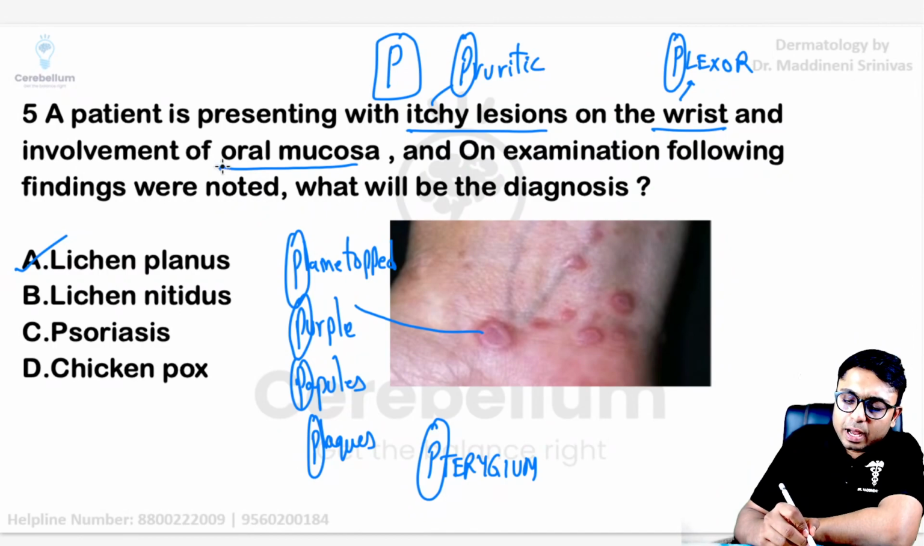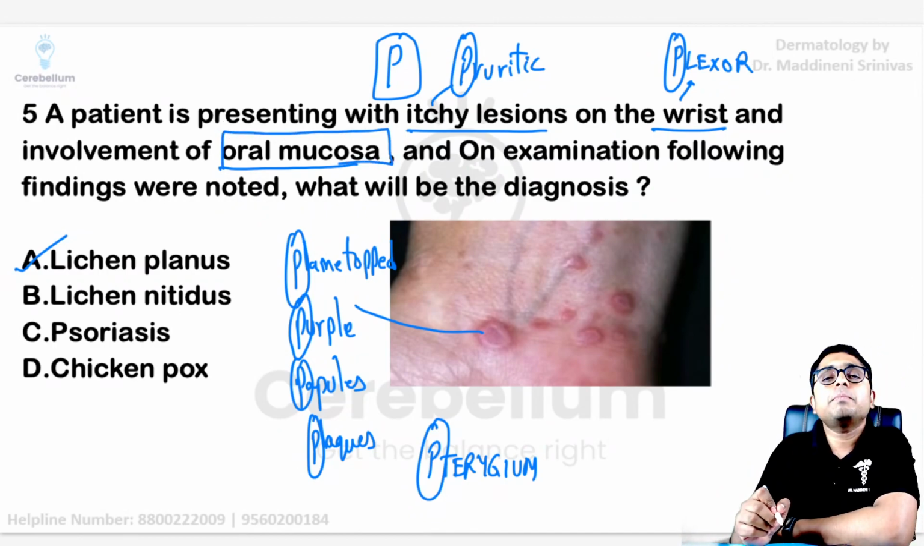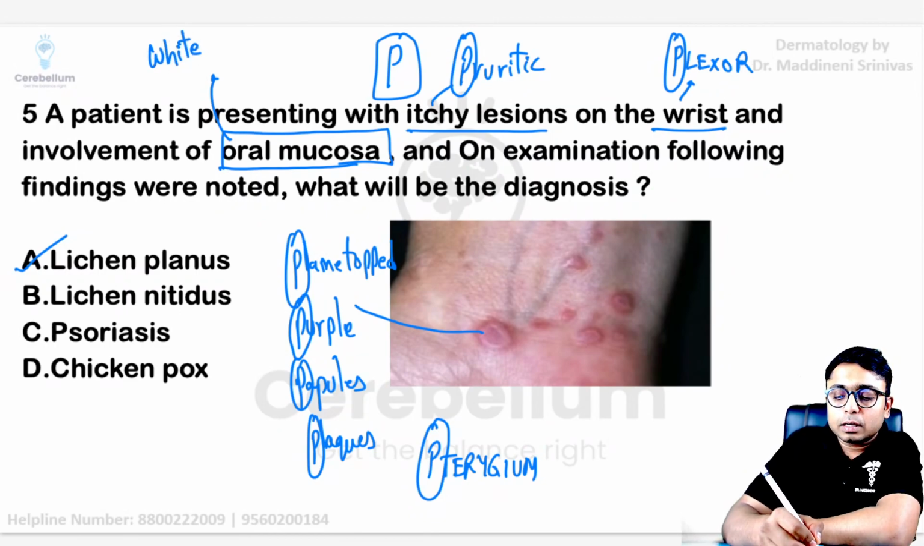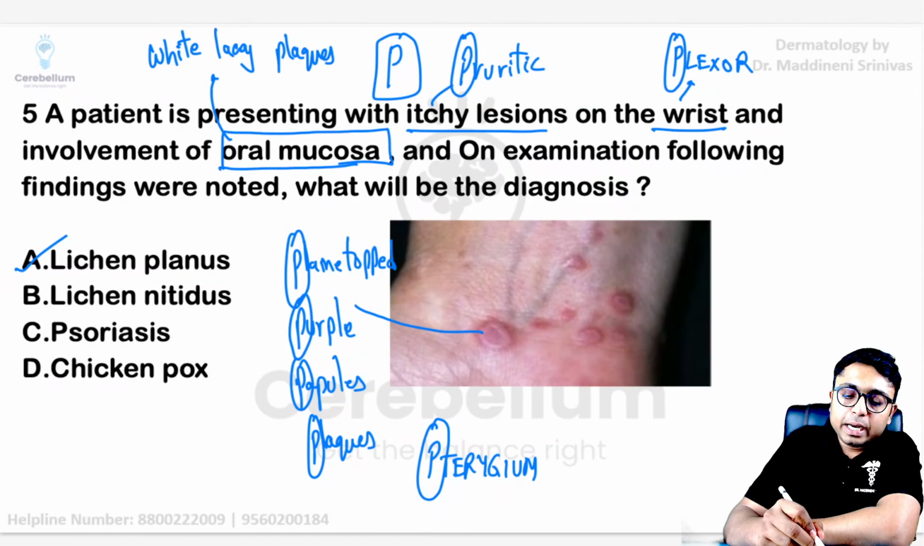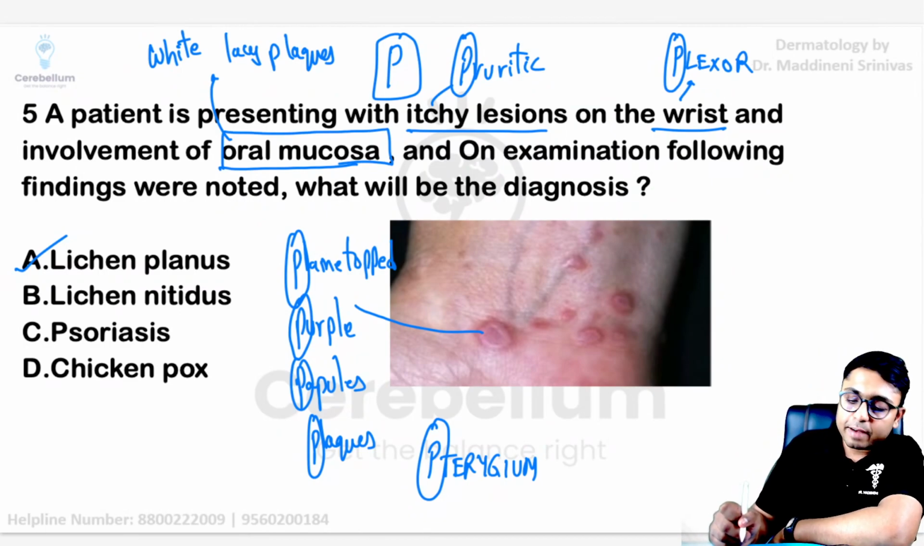And also you have a clue that oral mucosa is involved. Please remember, even oral mucosa can also have involvement in the lichen planus, where we can see white lacy plaques. So white lacy plaques can be seen in the oral mucosa. Even genital mucosa can also be affected. Okay,